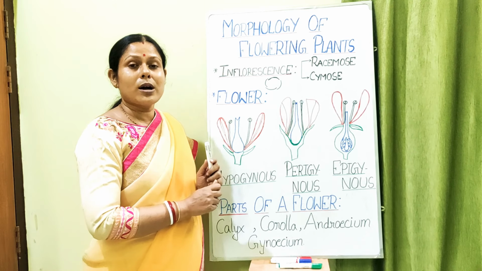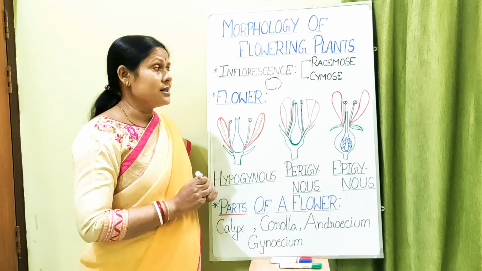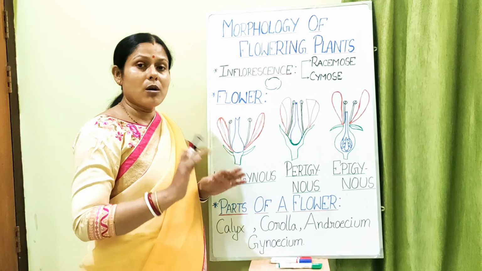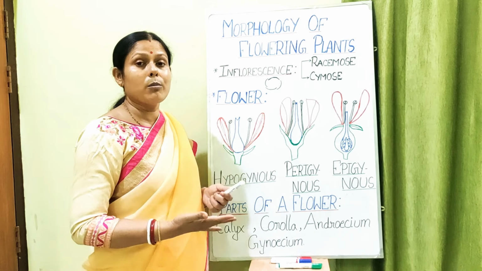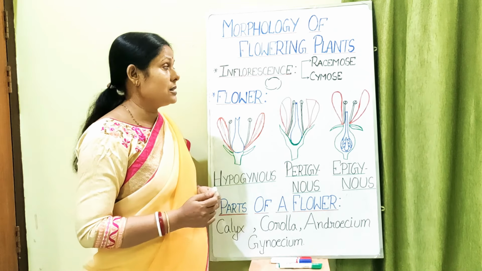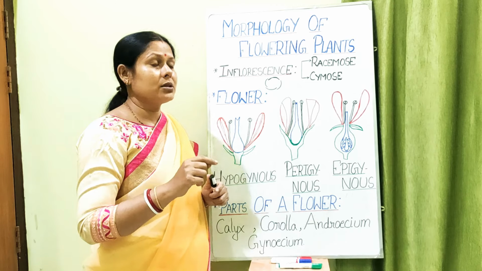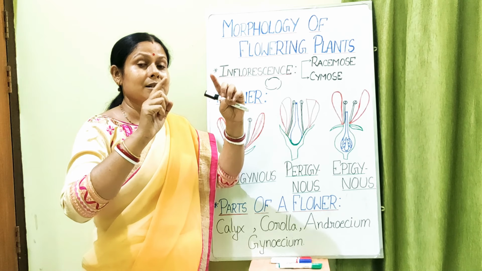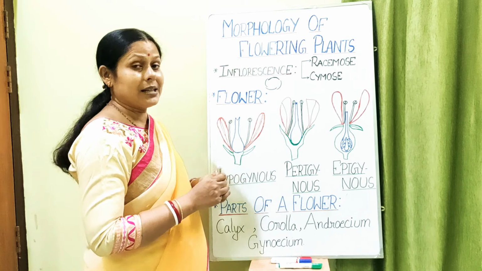So the first one is valvate aestivation, the next one is twisted aestivation, and another one is called imbricate aestivation. Imbricate aestivation is a form of twisted aestivation, but there is a slight difference. Although it is just written that it is a form of twisted aestivation in your book, imbricate is slightly different from the twisted in the sense that one member of the calyx or the corolla being discussed is overlapped on both sides by the next 2 members.